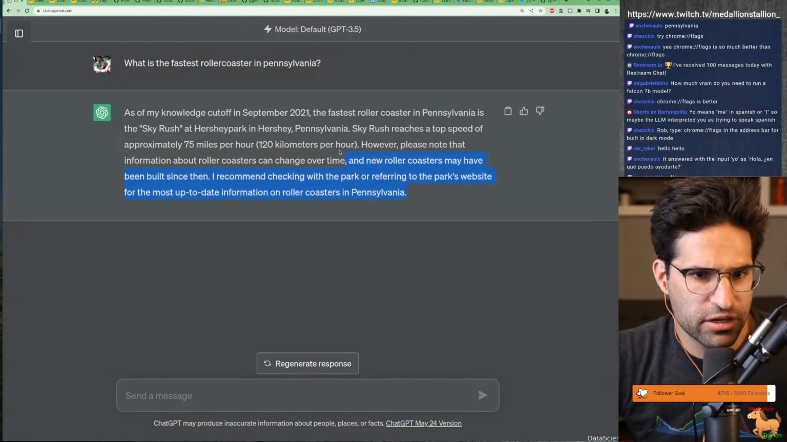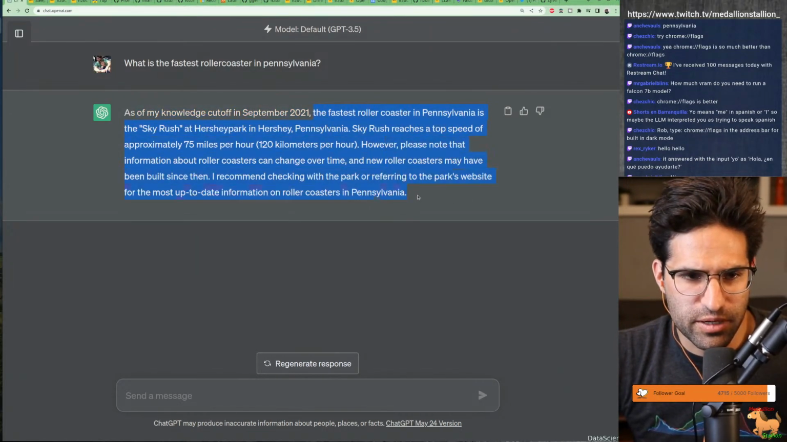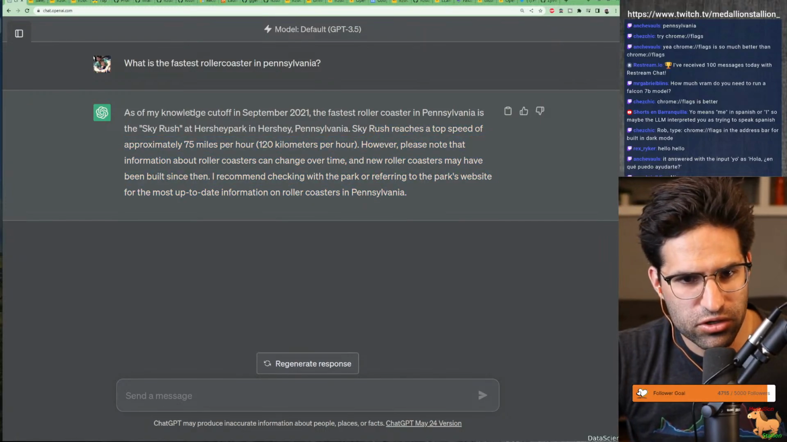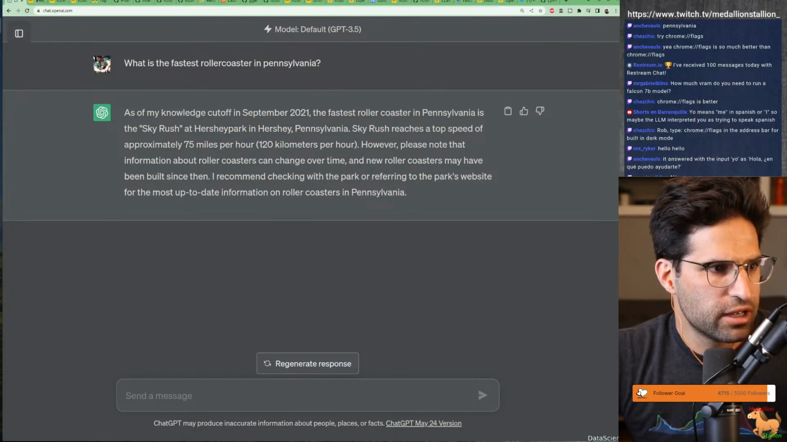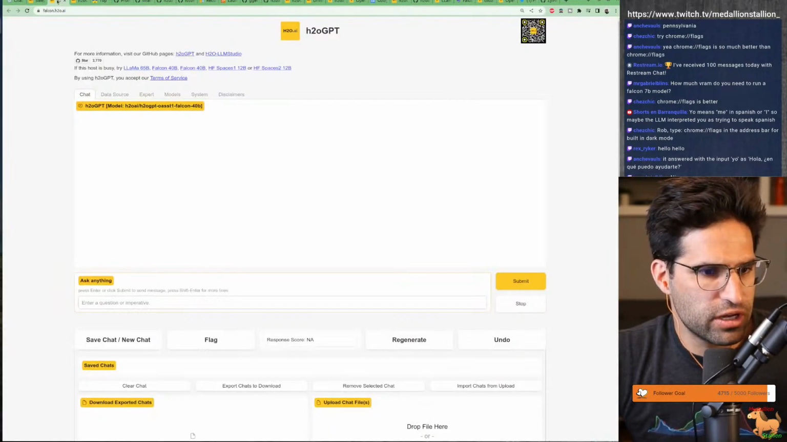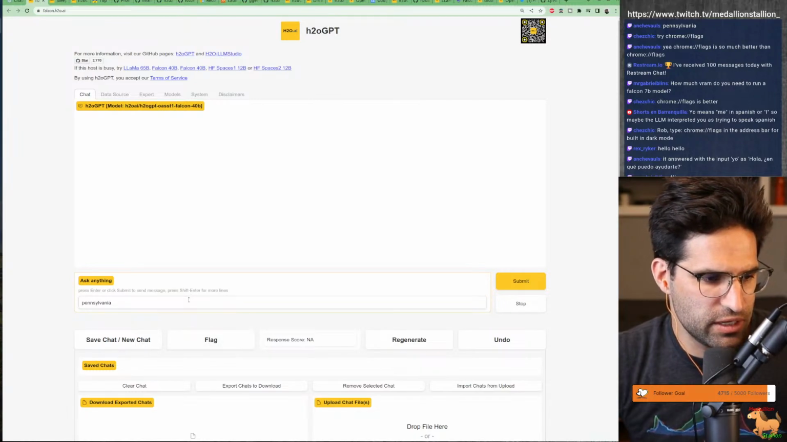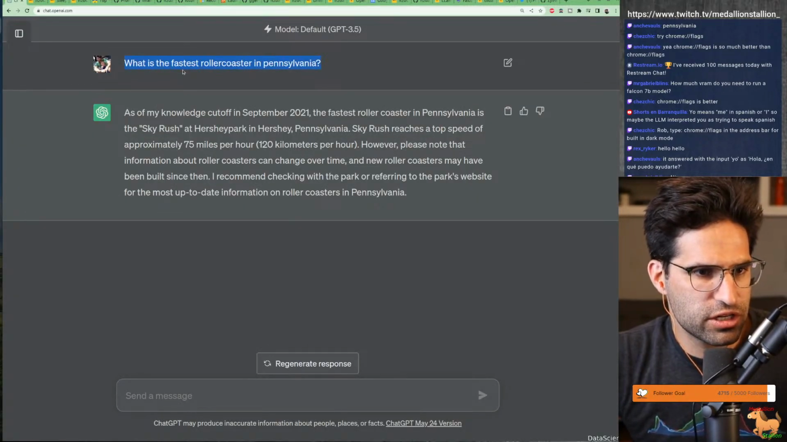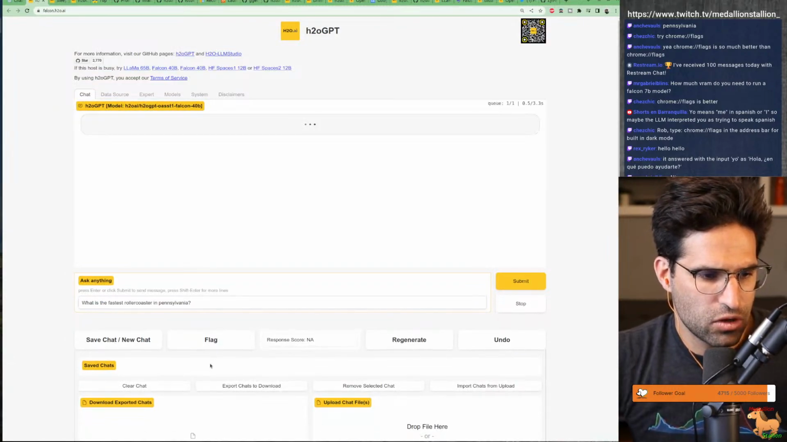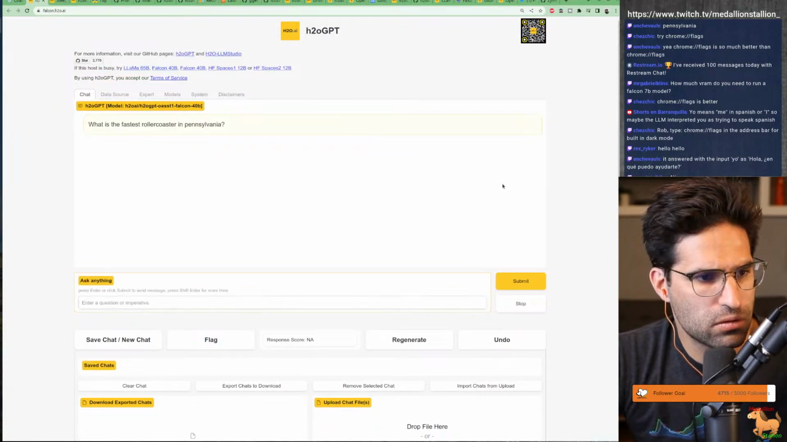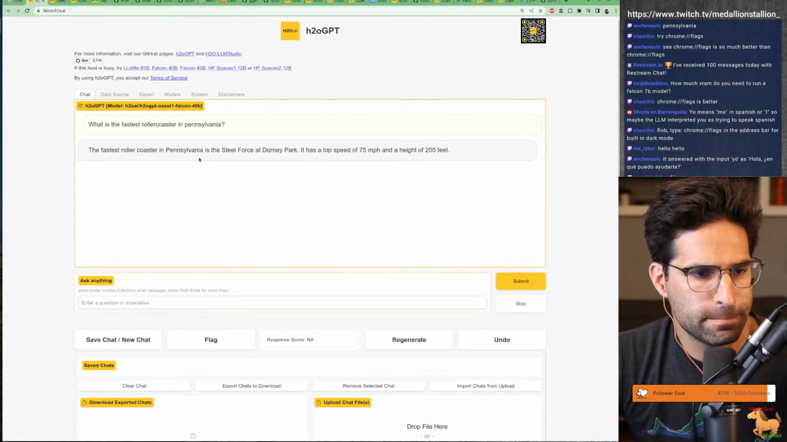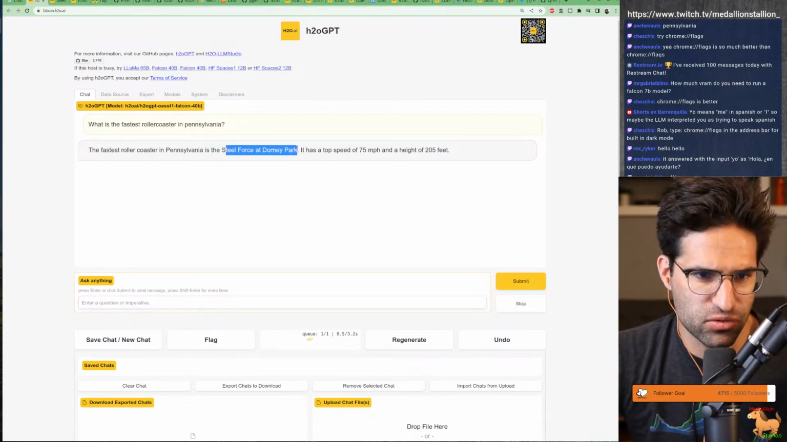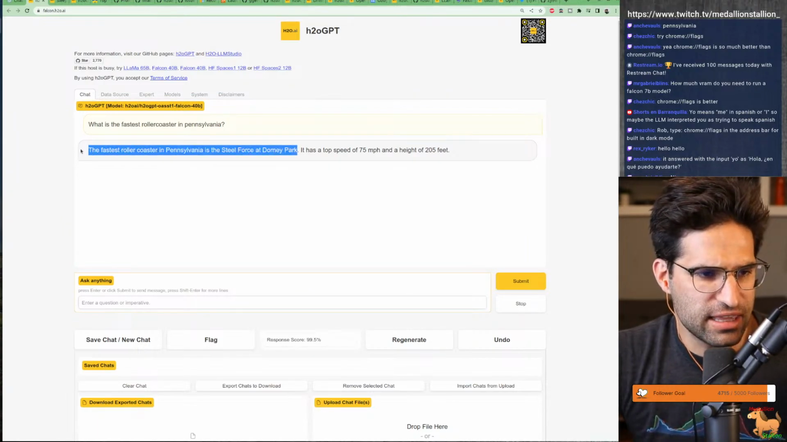And it's going to answer that its knowledge is cut off by September 2021. The fastest roller coaster in Pennsylvania is Sky Rush at Hershey Park. And then if I go over to h2oGPT on Falcon 40B and I ask it the same question, it's saying it is Steel Force at Dorney Park. So I think this is completely wrong because Steel Force,